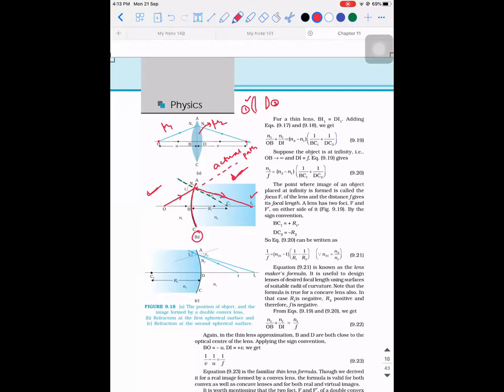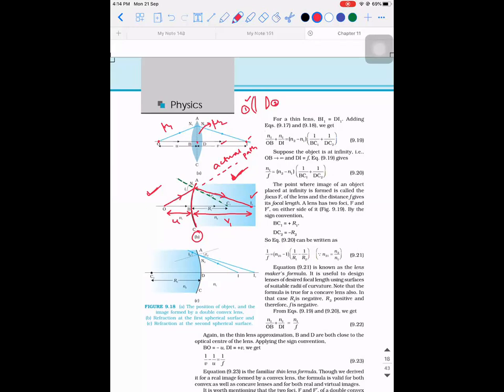1 by U. So this is U. Okay. What is this distance? It is not V, it is V1, because V stands for the final image. V is the distance from the optical center to the final image. But what did I say I1 is? I1 is an intermediate image which we cannot see actually. Only for theoretical purposes, we are saying that this kind of phenomenon would have happened inside.